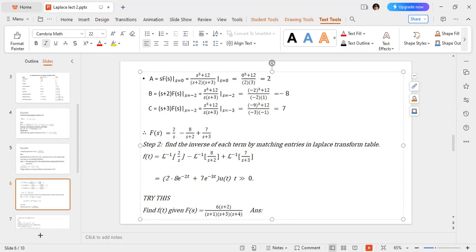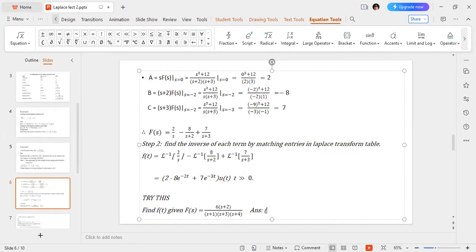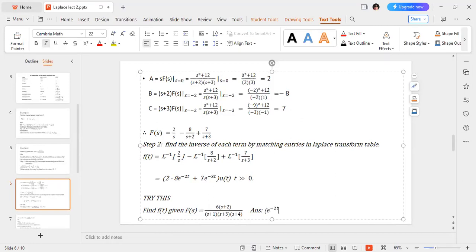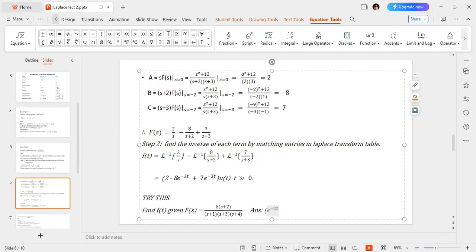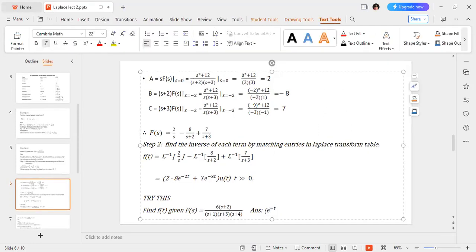Then your solution will be, at the end of the day, exponential minus t, plus 3 exponential minus 3t,